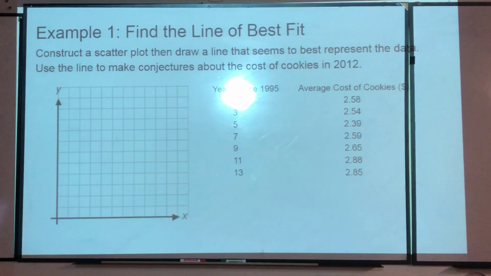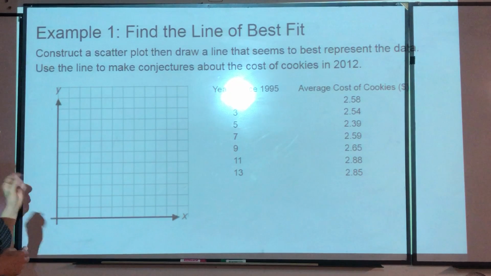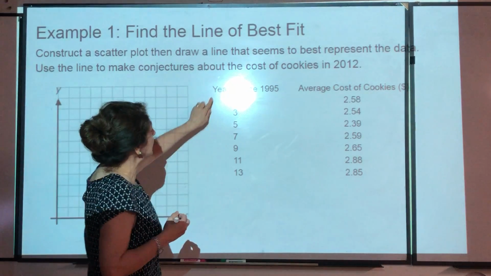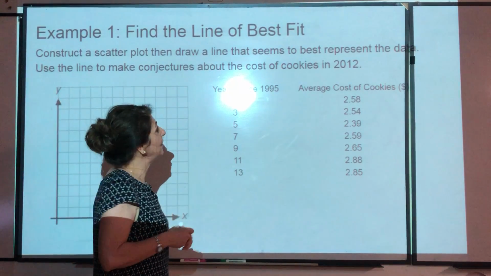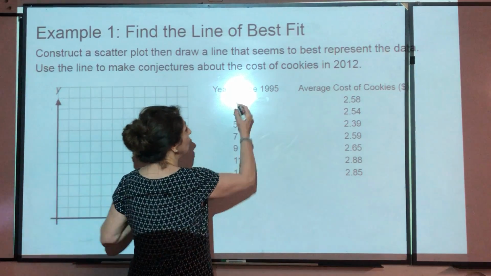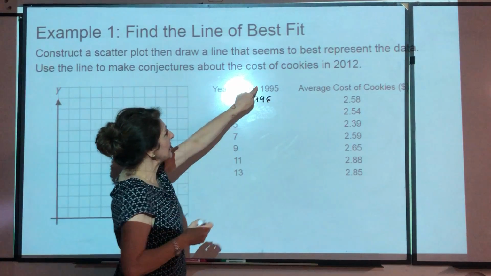So let's see the first example, of how to build a line of best fit. Construct a scatter plot, then draw a line that seems to best represent the data. Use the line to make conjectures about the cost of cookies in 2012. The information that we have is the year since 1995. The first year after 1995 is 1996. Then 3 years after this, 98,